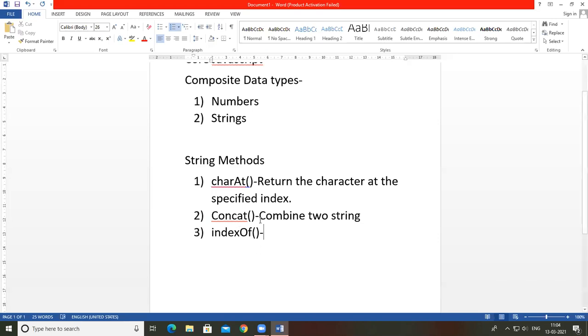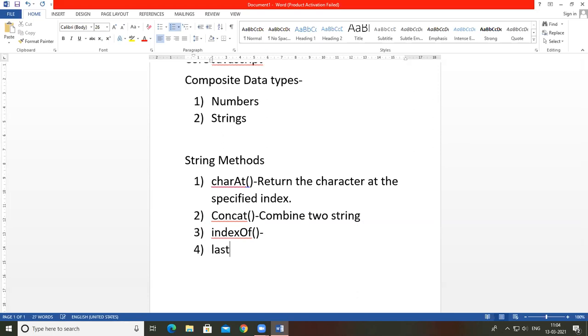Suppose there is the word "series character" and I want to find the index of character A. So this is the first occurrence, that is A, that is 1 2 3. So it returns this value, that is, it considers the first occurrence. That means whichever value comes first in the string, that value will be returned here, that is indexOf.